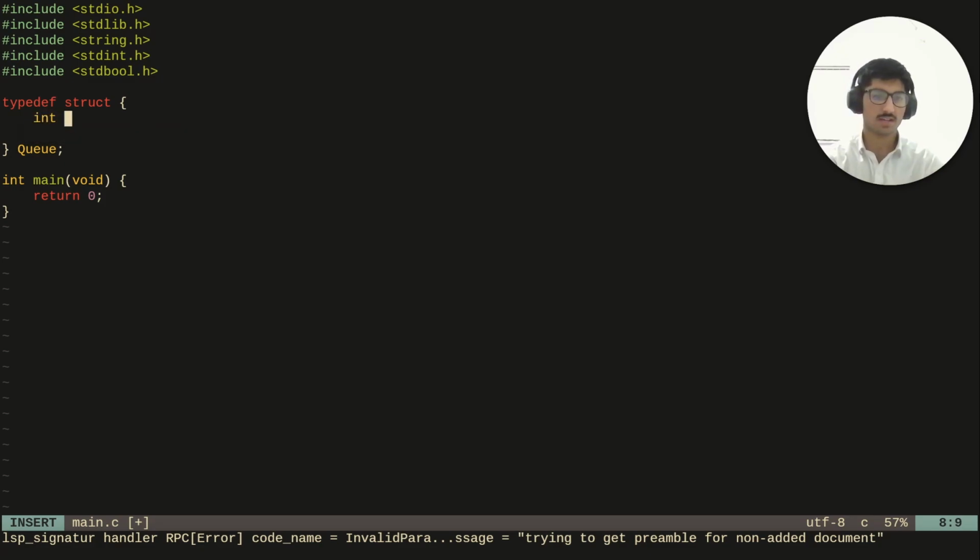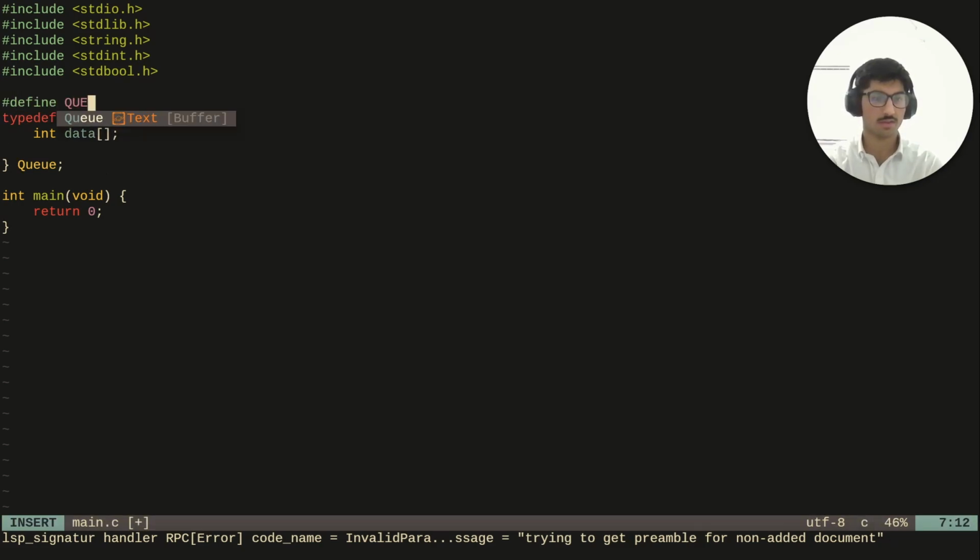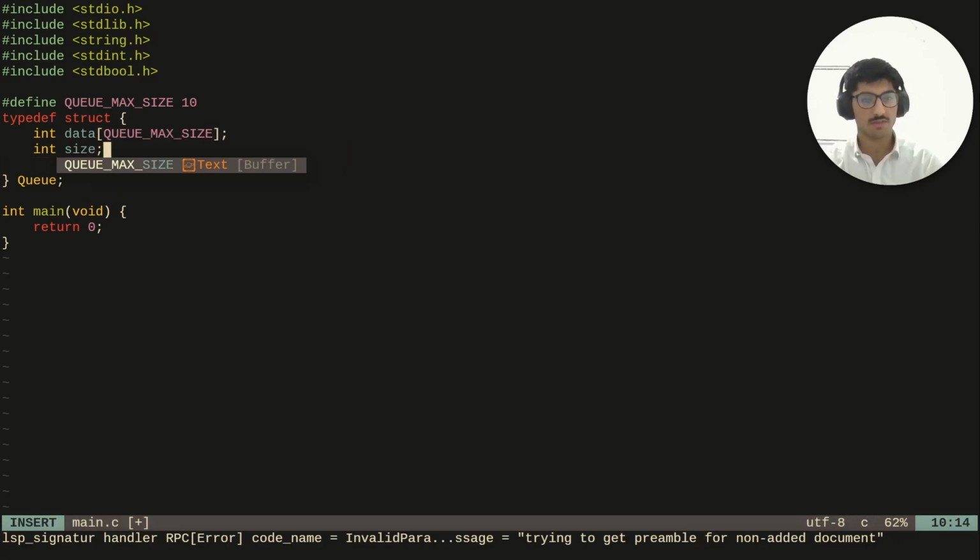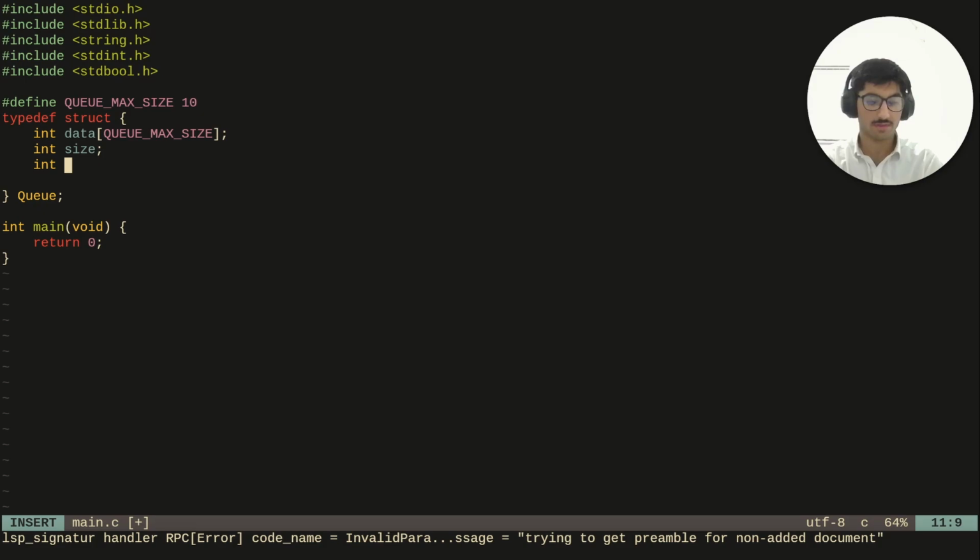So we're going to first have our data, right? So let's just say 10 elements. I'm going to store this value in a macro right here called define, let's say QUEUE_MAX_SIZE, I'll call that 10, and that's just going to tell us the max size of our queue. We're going to have a size variable, and we're going to have a front pointer